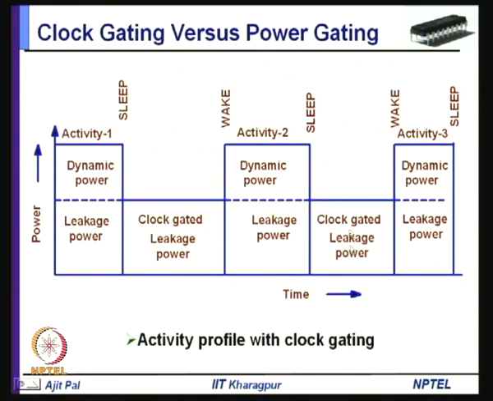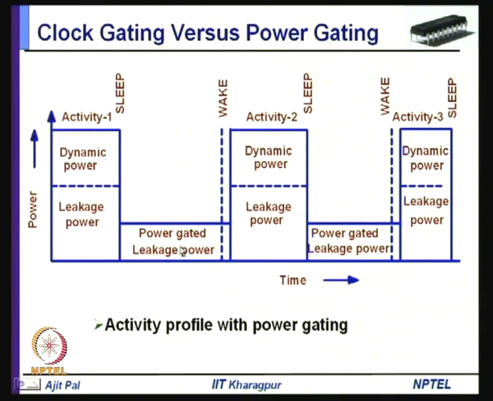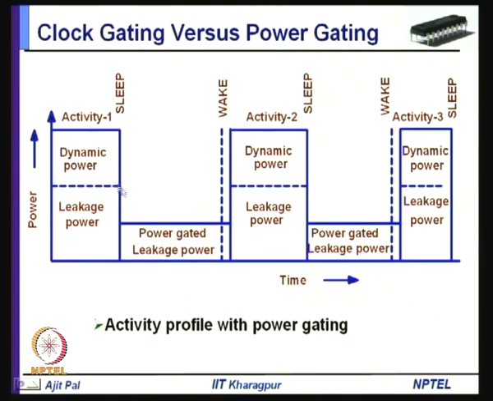So, you can do that at different points of time in this part, and so on. From this diagram we find that the leakage power remains the same, only dynamic power is reduced when you do clock gating. Now, let us see what happens when you do power gating. As you can see here, when power gating is done, not only is the dynamic power reduced, not only is the clock gated, the supply voltage is also gated,